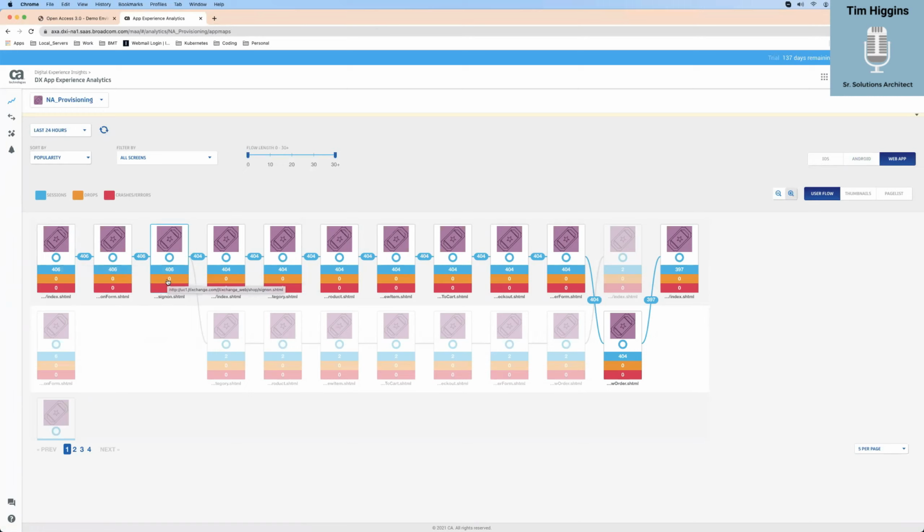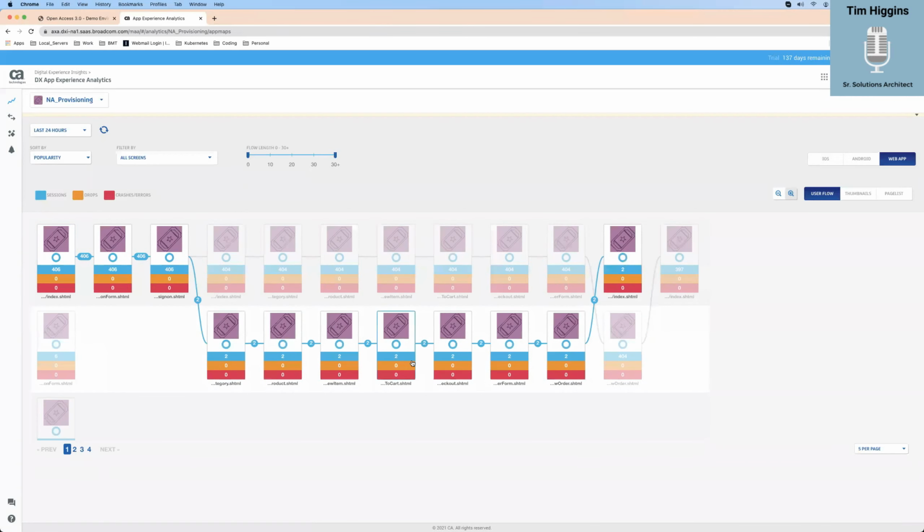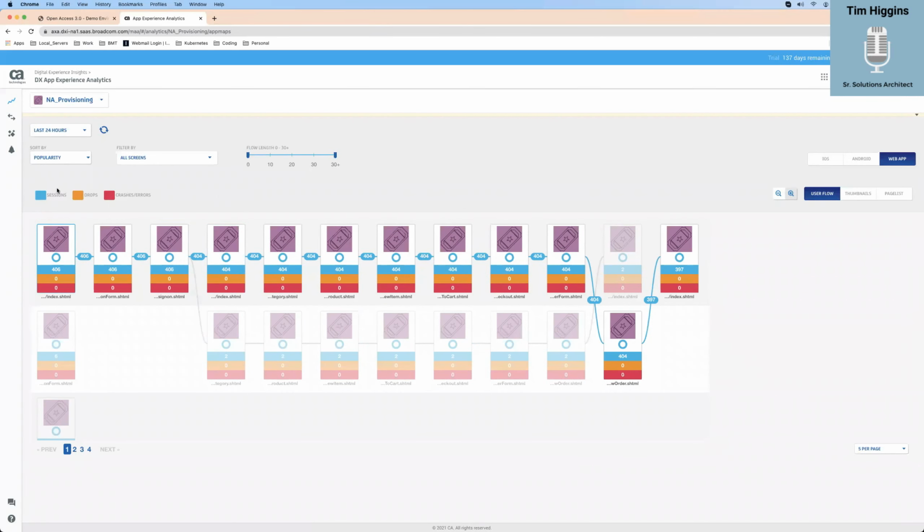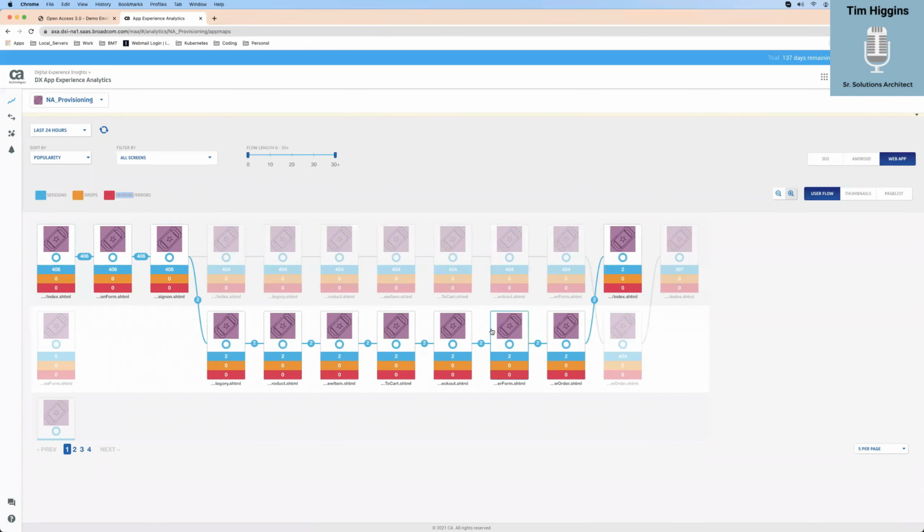And the reason it's doing that is because when I'm simulating a user, I'm not really hitting a web page. I'm using the backend. But if I was going in through as a user, then you would see the images of the pages themselves. But what you're seeing here is the actual flow based off of snapshots, okay? And if I had sessions, drops, and crashes, you would see those numbers as well, okay?